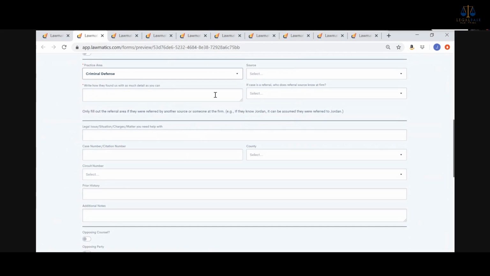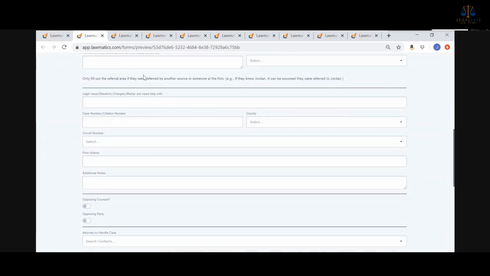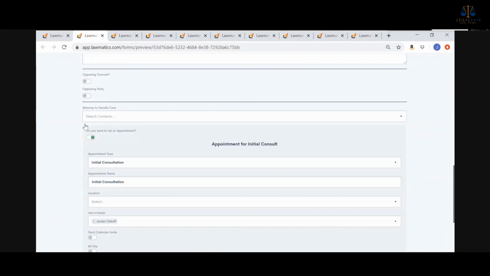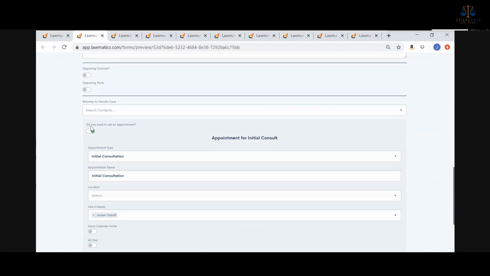We also collect where it came from. So you can create a drop-down list of all different sources. You can even break this down into, instead of internet, you can break it down into Google versus Facebook. You can break it down into individual ads. You can run different campaigns off of different sources, and I'll show you a little bit more of that functionality. But we try to collect that data here at the very beginning and then confirm it later. Info about the case, same thing, some more information about other people, other parties, whatever it is along those lines. For conflict checks,